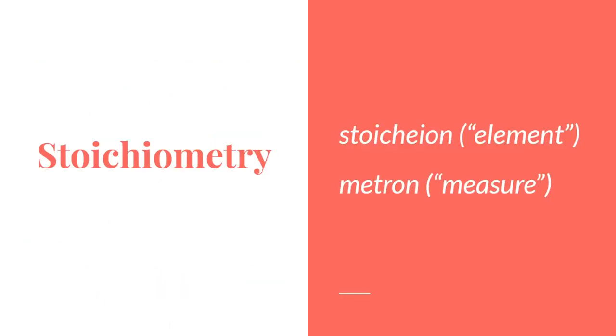All right, so we are going to get into what stoichiometry is. If we break down the word stoichiometry, there are really 2 Greek roots that make up the word. The first one is stoichion, which actually means element in Greek, and the second part is metron, which means measure. So obviously, if we put that together, we are doing something with the measurement of elements, which is kind of